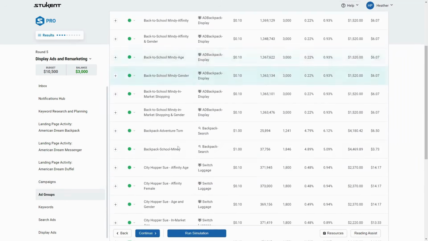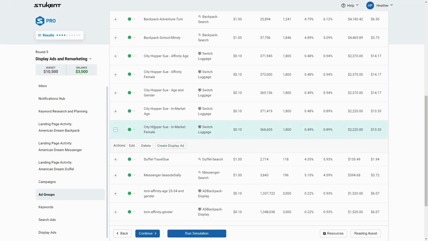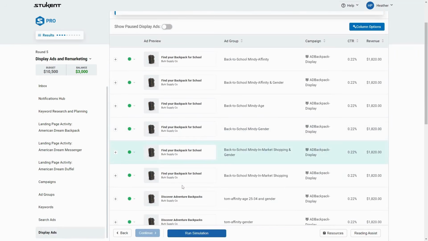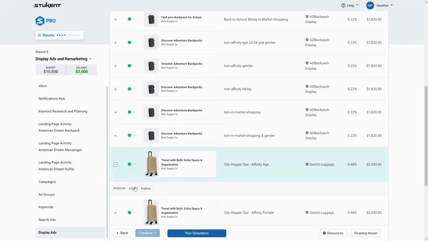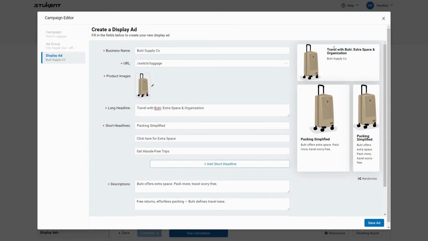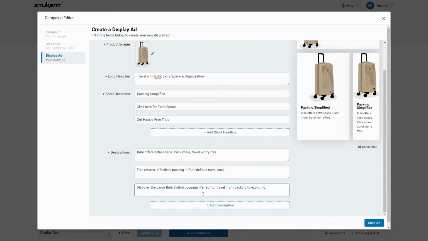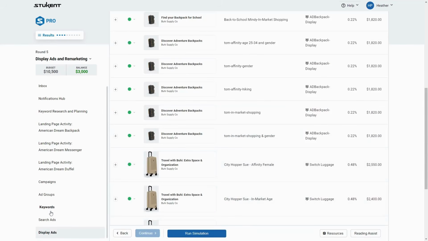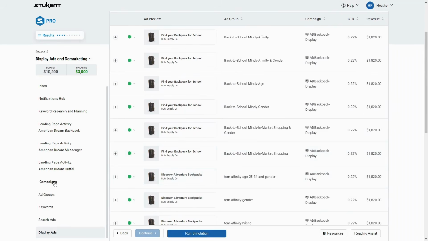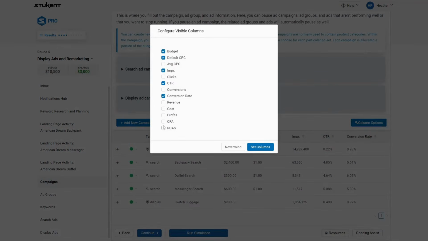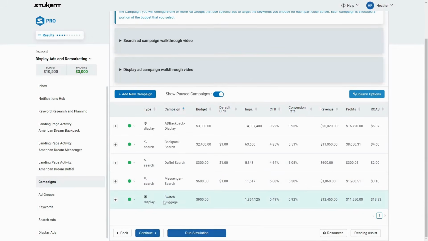So you can see my Switch luggage here. I had City Hopper Sue, who I was trying to target, and this was one of my ads: travel with Buoy, extra space and organization. I put in some short headlines and descriptions that I was hoping matched up with the landing page we've been given. And it looks like this one was actually pretty successful, because if I check out my results, I got a lot of profit from my Switch luggage,